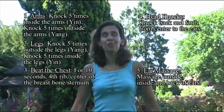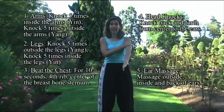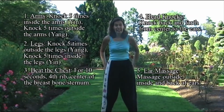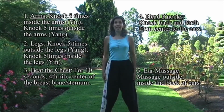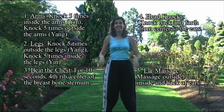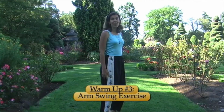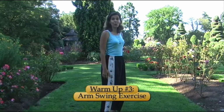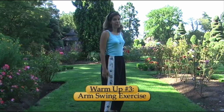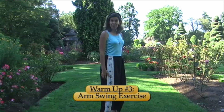That is a wonderful warm-up exercise of the yin and yang aspects of the body. Yin on the arms, 5 times knocking. Yin and yang on the legs, 5 times knocking. Center of the breastbone, on the head, and then a nice acupressure of the ear. Another wonderful warm-up exercise before you do Qigong, or the 8 pieces of brocade, or walk your indoor-outdoor reflexology path,